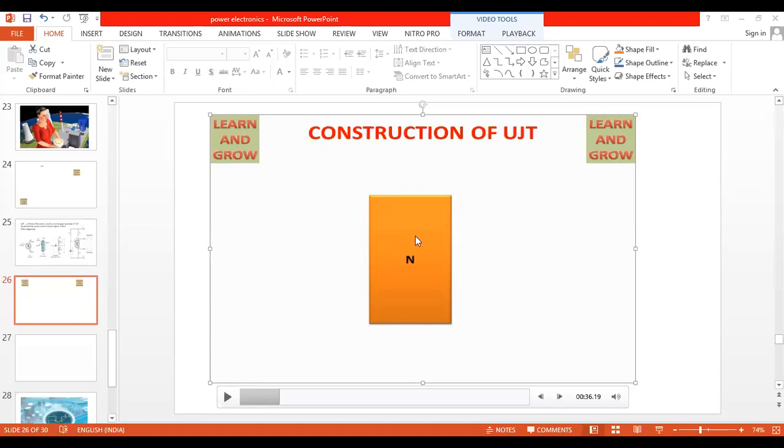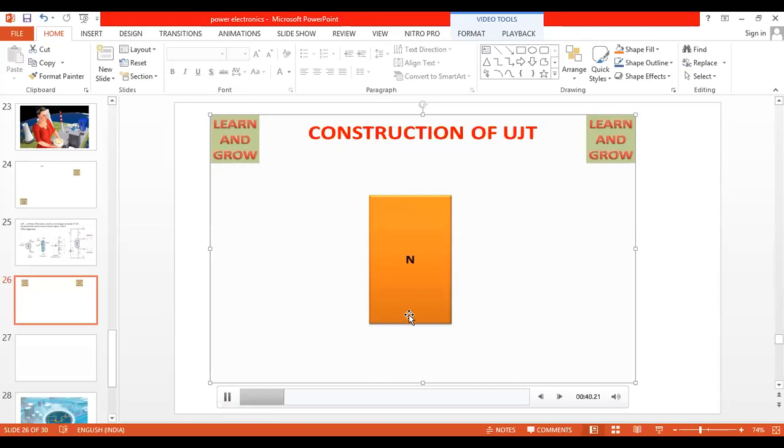When I speak of N-type semiconductor, the majority charge carriers are electrons and the minority charge carriers are holes. Semiconductor technology says, what is the definition of current? In a conductor, it is the flow of electrons only, but in a semiconductor, the flow of electrons and holes is called the current. So now, how to manufacture UJT? UJT is fabricated with an N-type extrinsic semiconductor chip, a thin wafer.